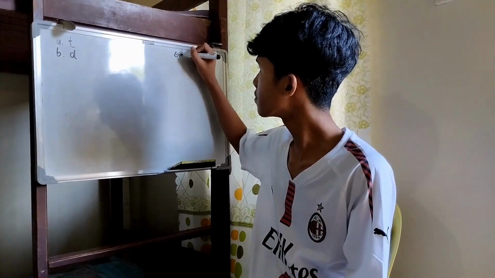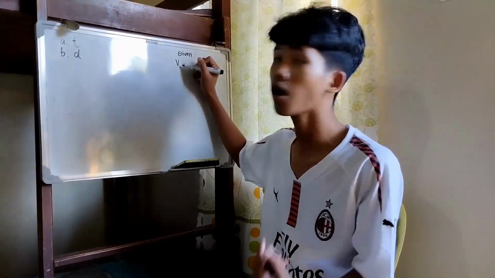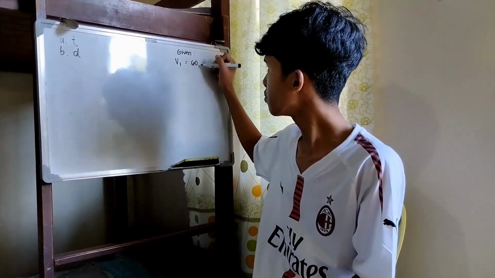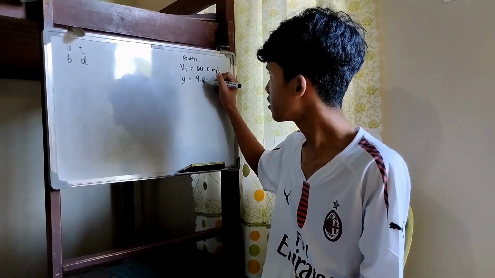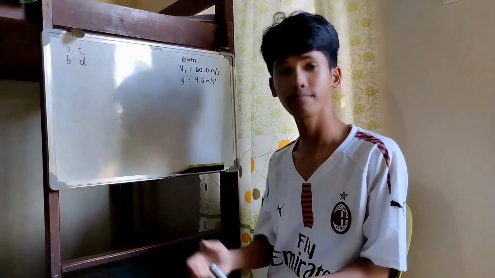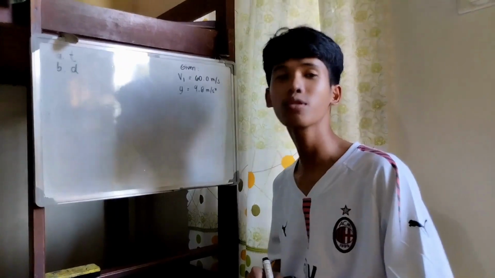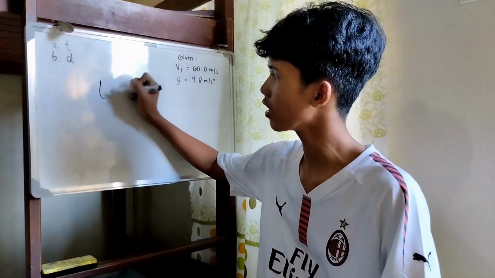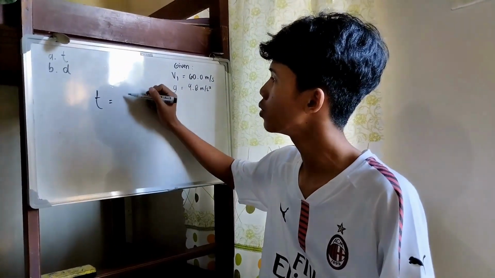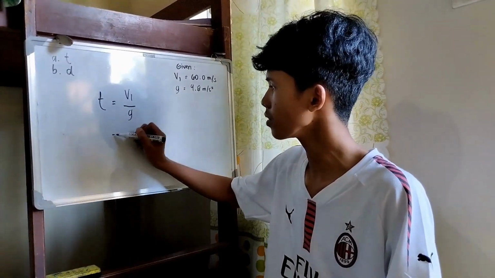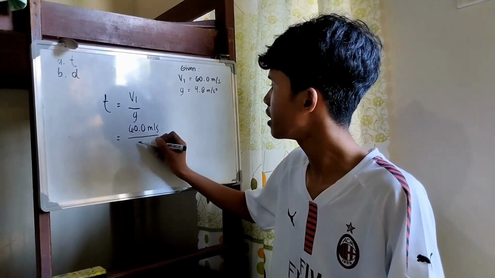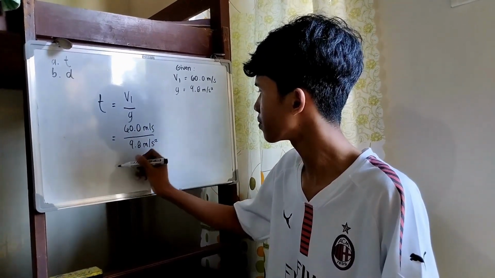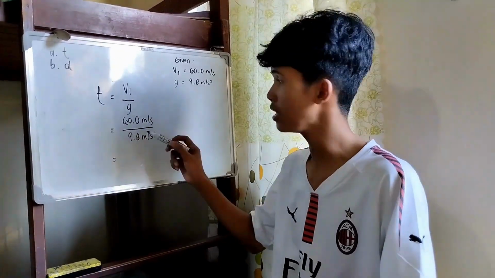We must first identify the given, which are our initial velocity, 60.0 meters per second, and then our gravity, which is equal to 9.8 meters per second squared. Now, after we've identified the given, we can proceed to solve for our time. The formula to solve for our time is t, which stands for time, equals the initial velocity over gravity. Then substitute the given values, which are 60.0 meters per second over 9.8 meters per second squared. 60 divided by 9.8 is